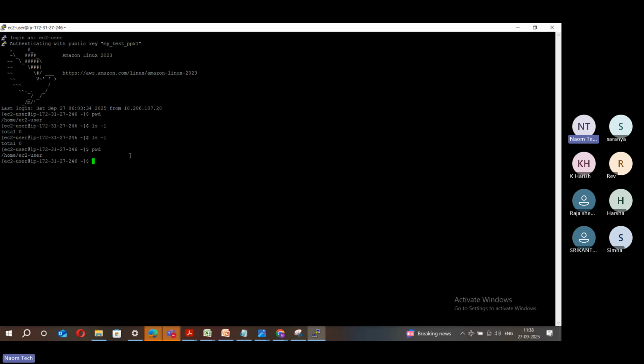Now I want to check what all files are there in this machine. I can say ls -l, but I don't see anything. Sometimes we have hidden files. To see hidden files, when I say ls -a, are you able to see the hidden files here? Yes, you can see a hidden folder, which is .ssh. Now change your directory to that .ssh. Okay, and when you say ls -l in that folder,